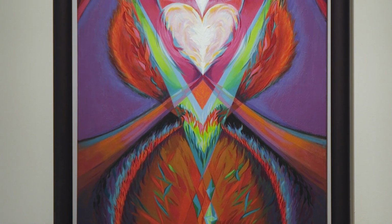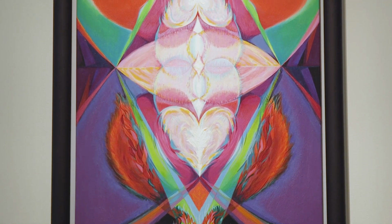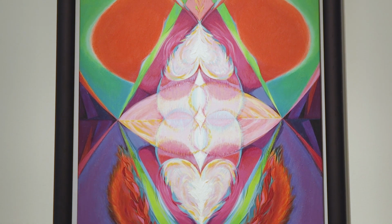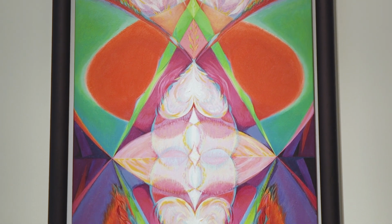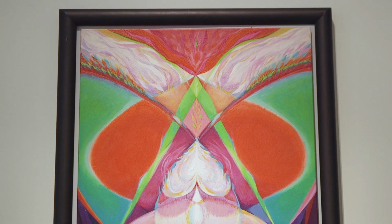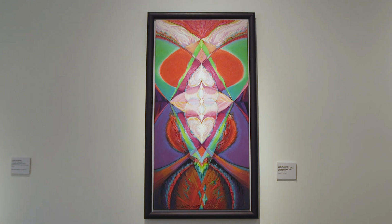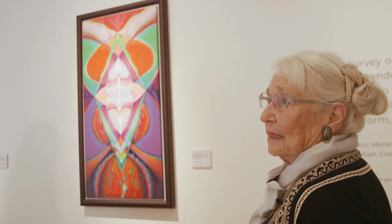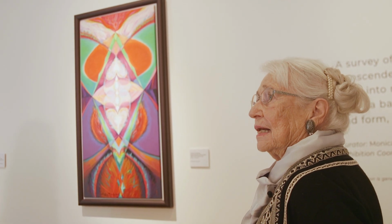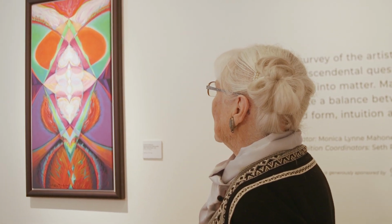She pairs symmetry as a representation of stability with asymmetry as a signal of change and transformation to activate otherworldly experiences in the viewer. For example, the first in the series, 11 Hearts, conveys pure symmetry with a central horizon line of mirrored hearts radiating out in multiples, signaling abundance and boundless love. There are 11 hearts in there, and if you want to count more, there could be more as they multiply